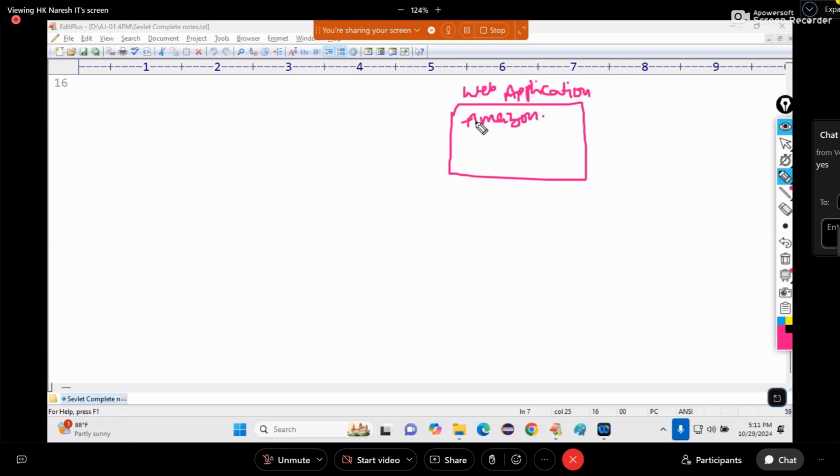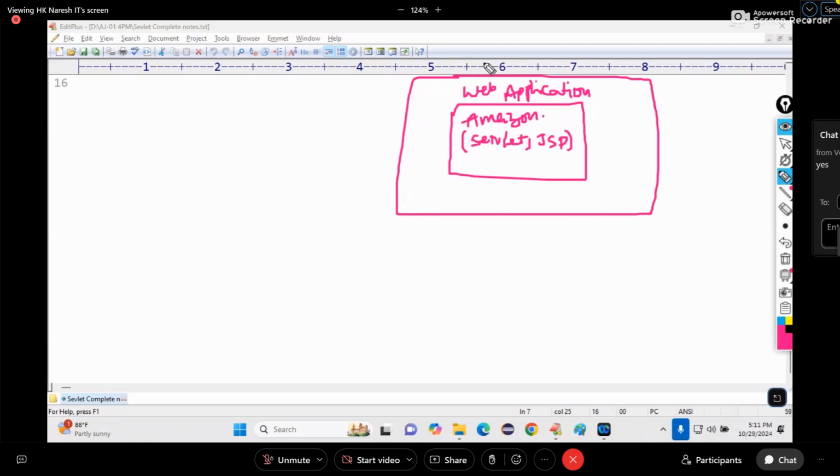What does Amazon contain, in brackets? Servlet, JSP. Where is it available? In a server computer. Are you watching or writing? You are writing in the middle of the page.